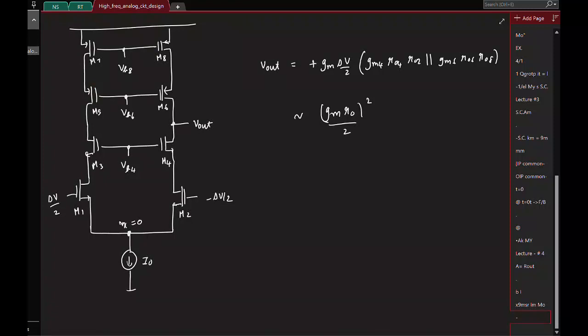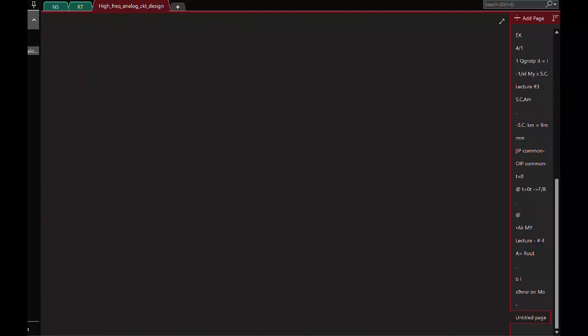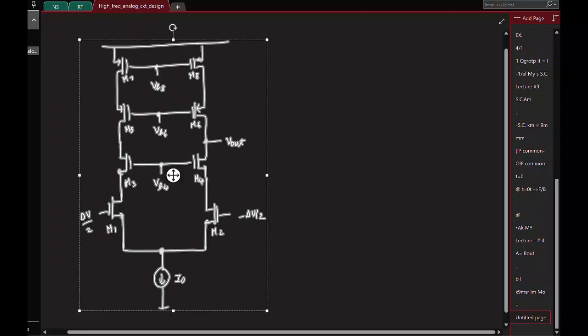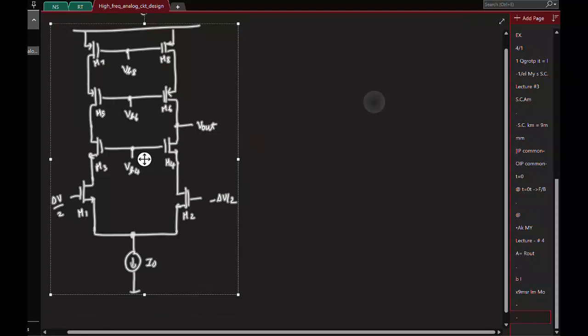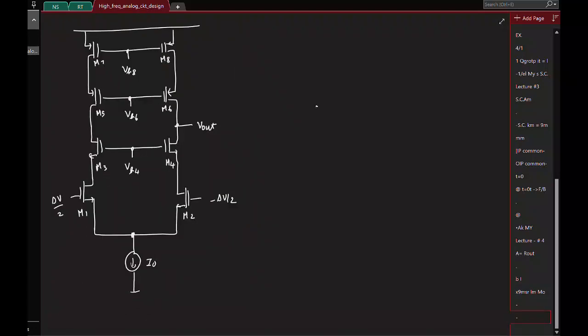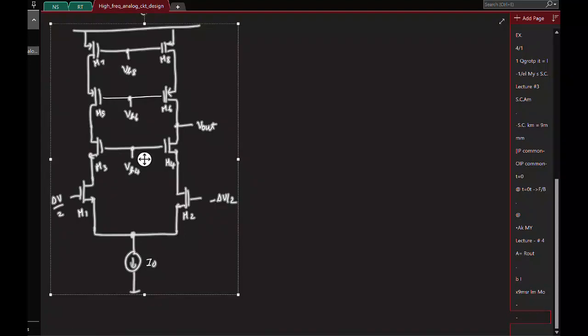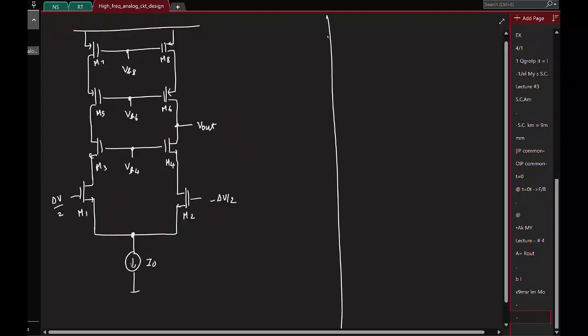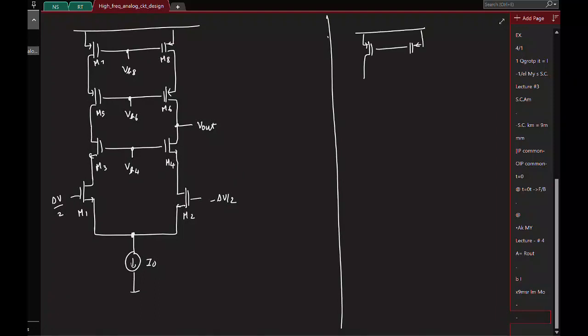Okay, so now we have the differential thing. We'll convert it to a single-ended output. And for that, let me quickly remind how we did it for the 5 transistor case. When we had the normal differential amplifier, we had a PMOS current source here, and we directly connected it to the NMOS,